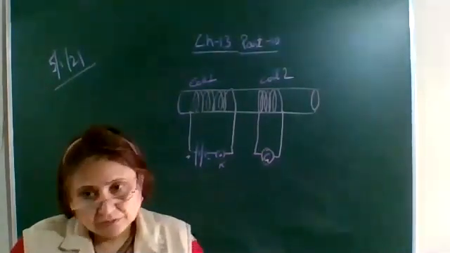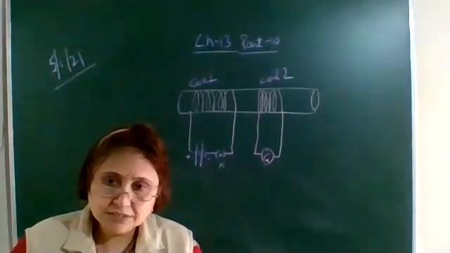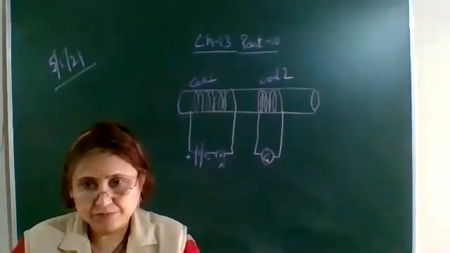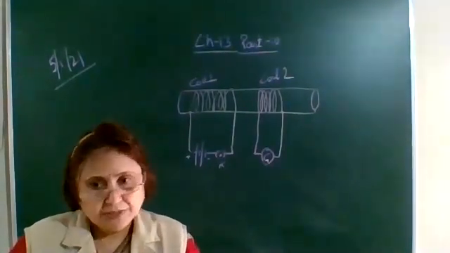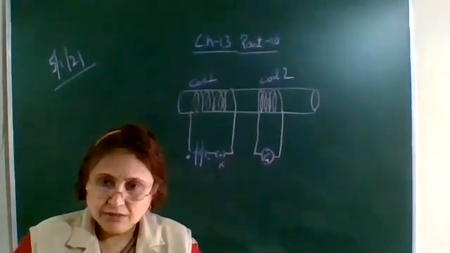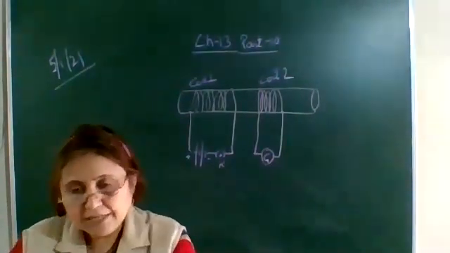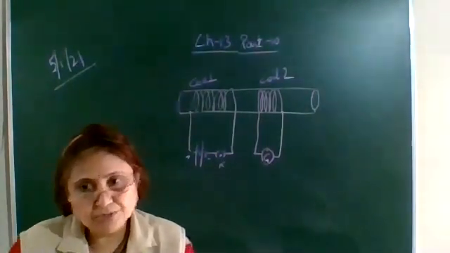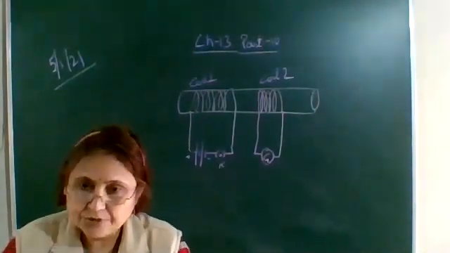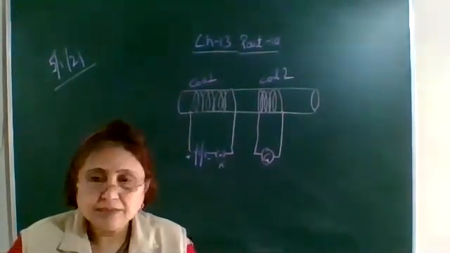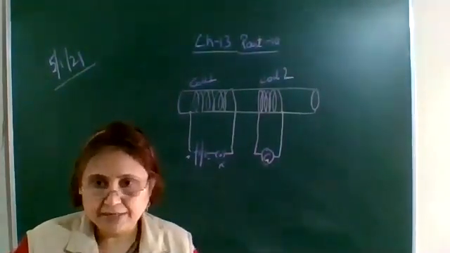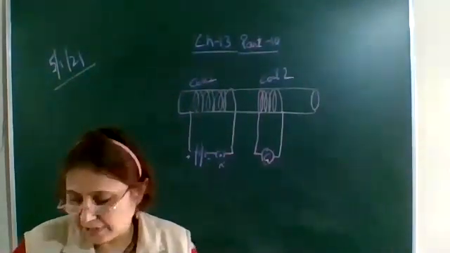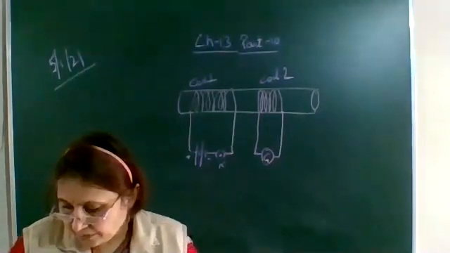Okay, so there are two methods. The first method is whenever a magnet is moved towards the coil, or you may say there is a relative motion between the magnet and the coil. So whenever there is a motion of the magnet with respect to a coil, or the magnetic field lines with respect to a coil are changing, a potential difference will be induced in the coil, due to which a current will be produced, which is called the induced current, and this phenomenon is called electromagnetic induction. That is, whenever the current is produced due to the change in the magnetic field lines, we call it electromagnetic induction. Okay, write the next question.